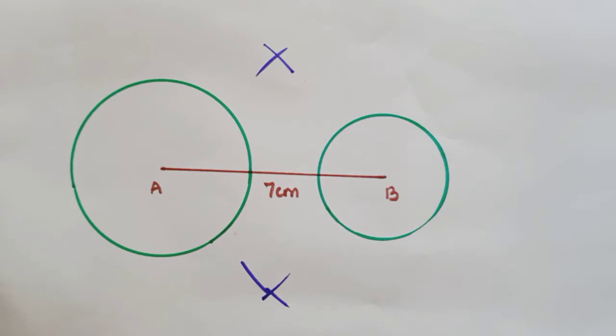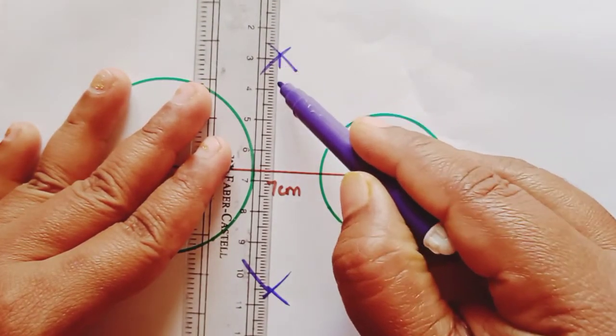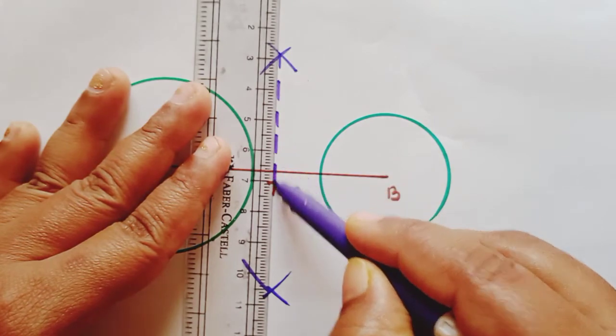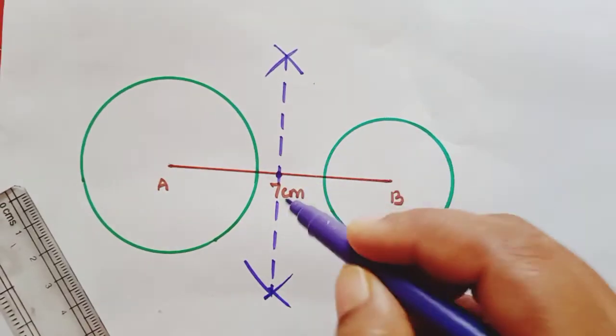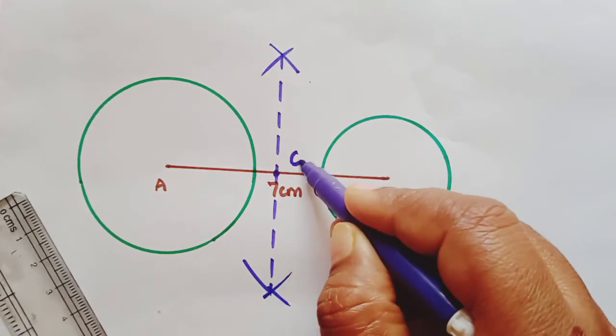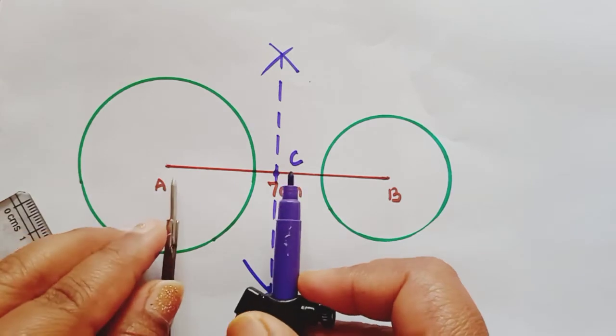And now you can draw the line and mark the midpoint. So here you can use dotted lines. So now this is a midpoint. Name it as C. Now with C as center, you are going to draw a circle with AC as radius,